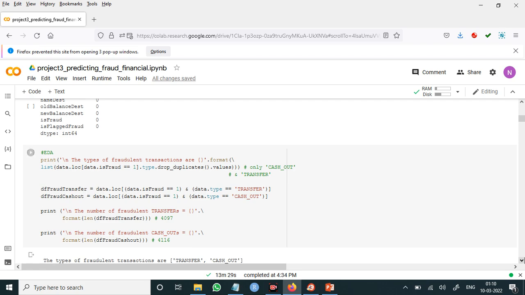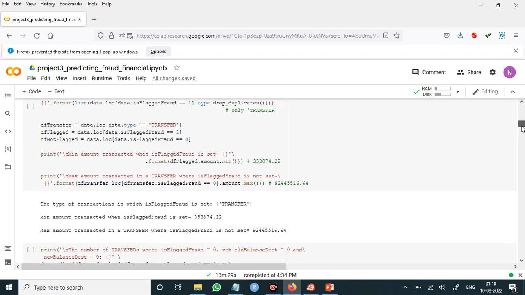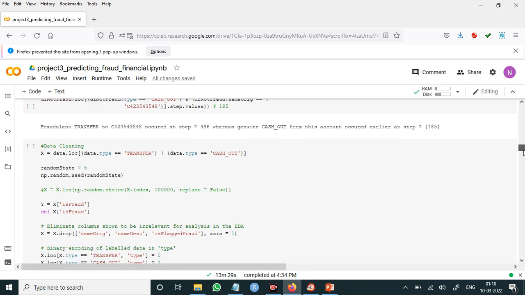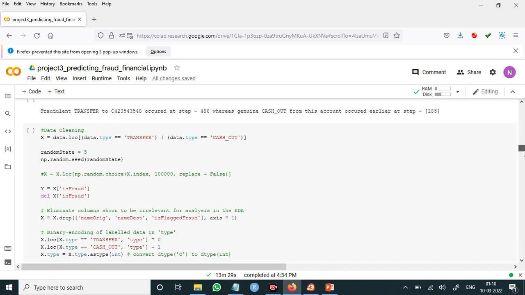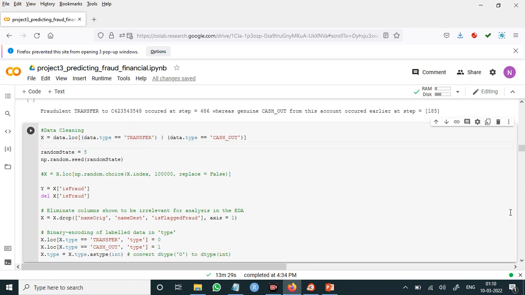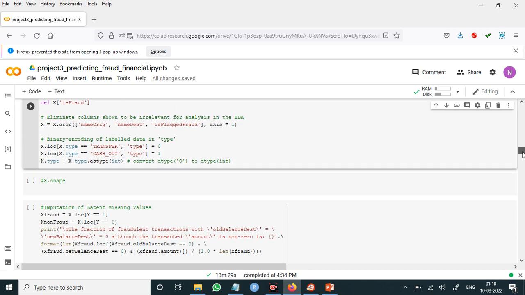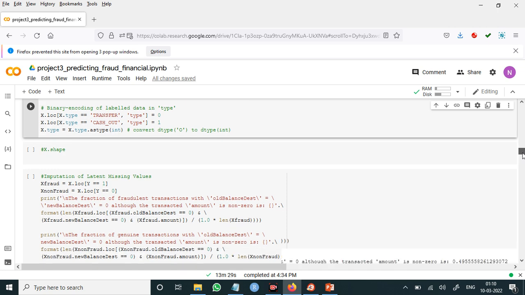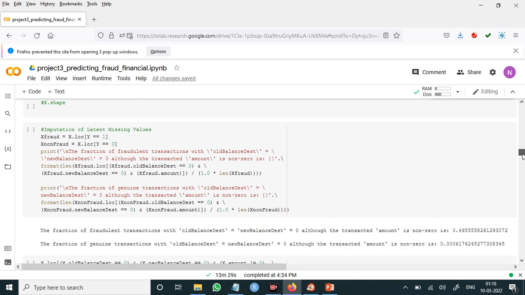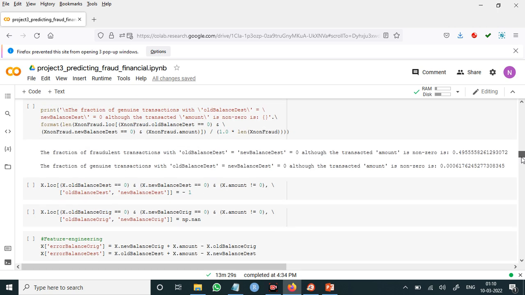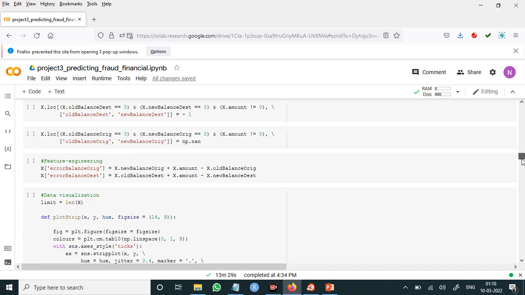Exploration, I explored the data here, the exploratory data analysis. This is all I did. For data cleaning also I did it here. Because some of the attributes have categorical values, I encoded them with 0 or 1. Then identify the target and feature set. The target label is fraud. Fraud is what I need to predict, to detect.